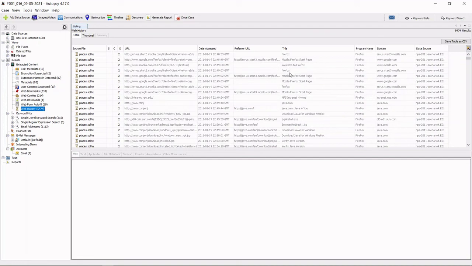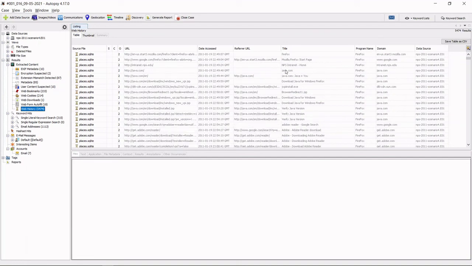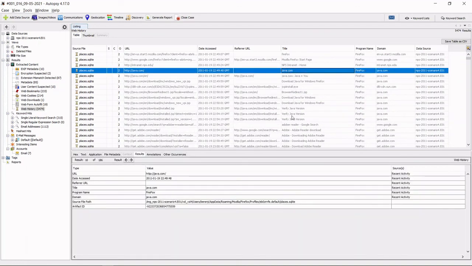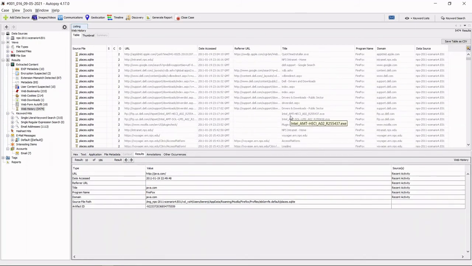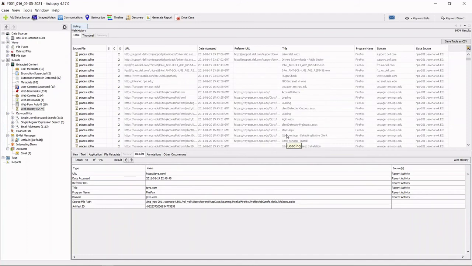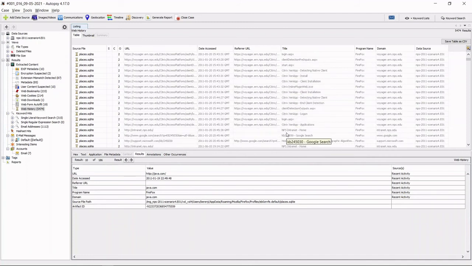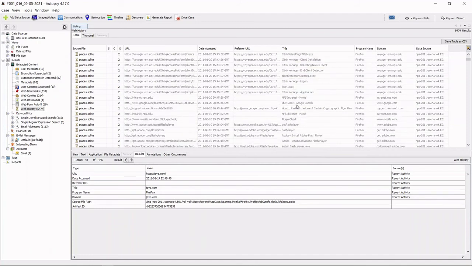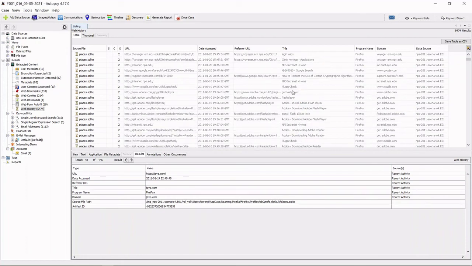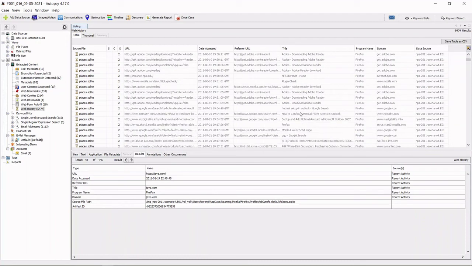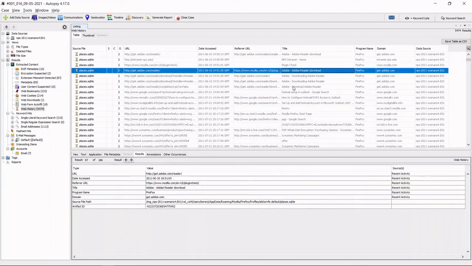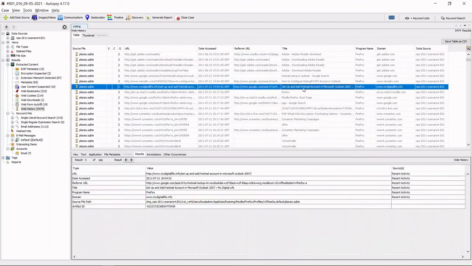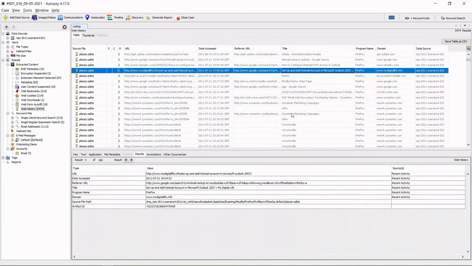So we see here Mozilla, Firefox, Java.com. Okay, we searched a few. Adobe download, Adobe Reader download, Hotmail account.